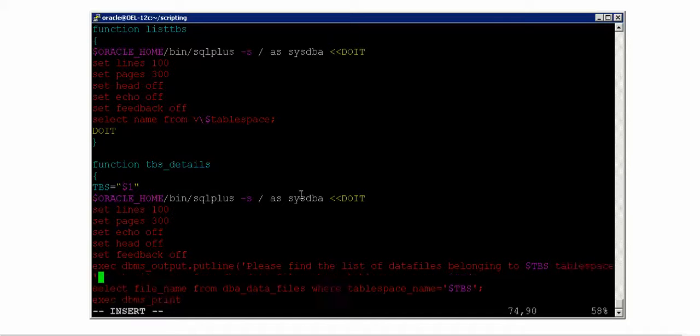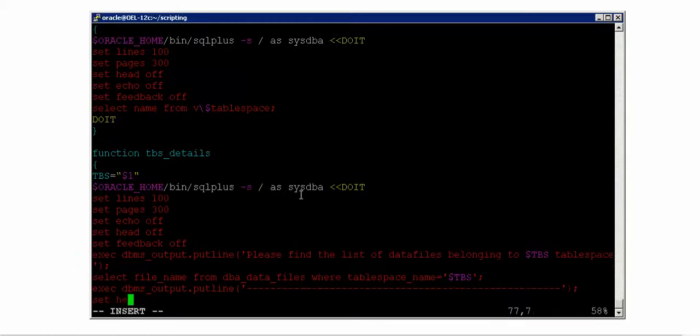This is the message that they see on the screen first, and then they will see the list here, and then again I'm saying dbms_output.put_line. I'm just adding a differentiator so that they will see that that is the end of the list.